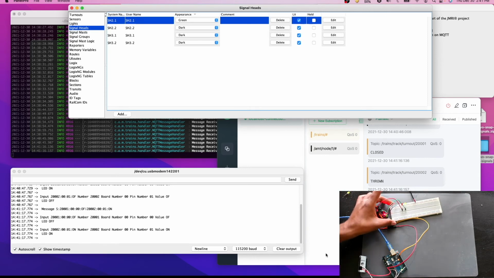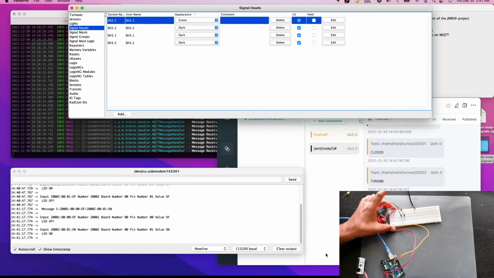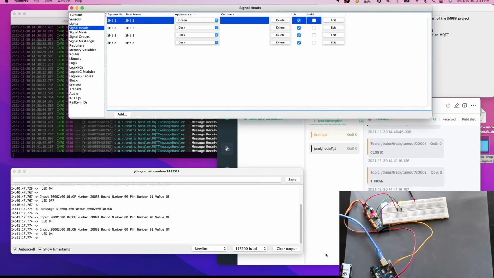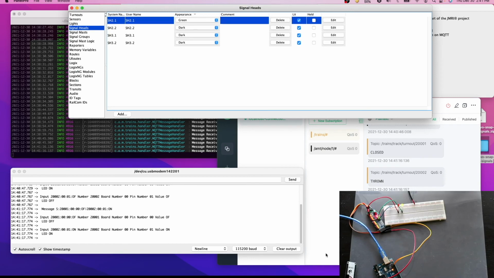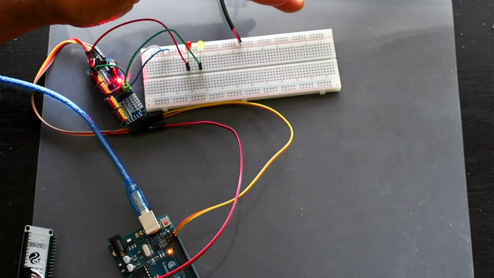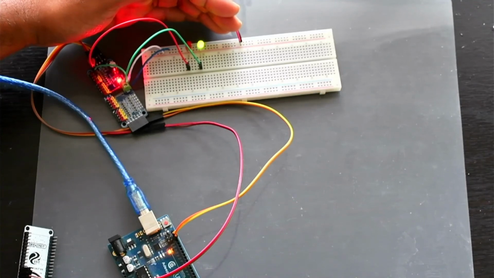Let me show you here. I guess I have to zoom in, and I guess because of that light you cannot see here. I'll put my hand over it and let's change it to red.